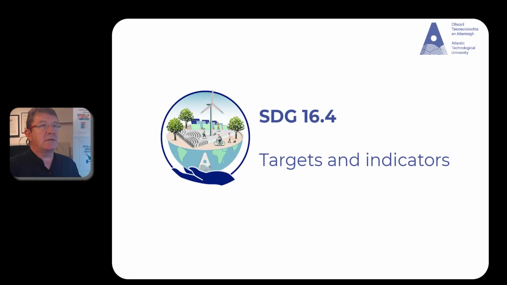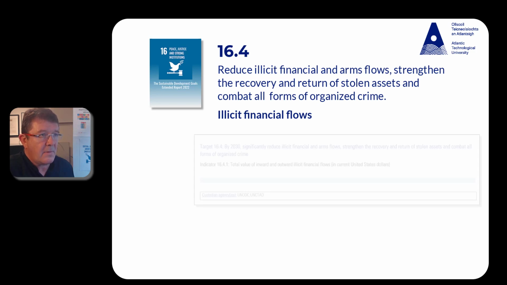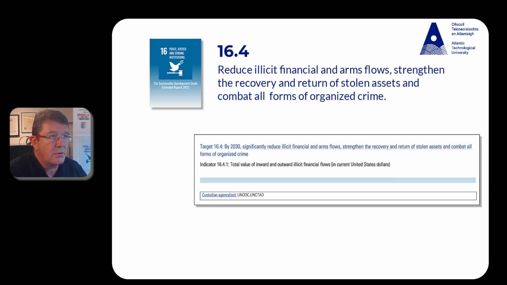So on to target 16.4: by 2030, significantly reduce illicit financial and arms flows, strengthen the recovery and return of stolen assets, and combat all forms of organised crime. The first indicator there, total value of inward and outward illicit financial flows in US dollars. They're not providing any stats on that, but they are providing some stats on indicator 16.2, which is the proportion